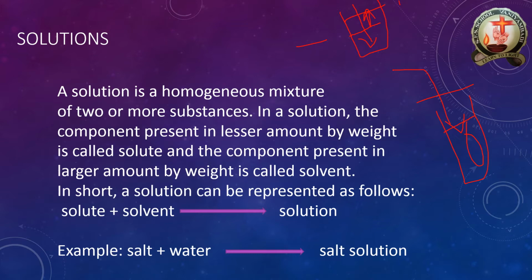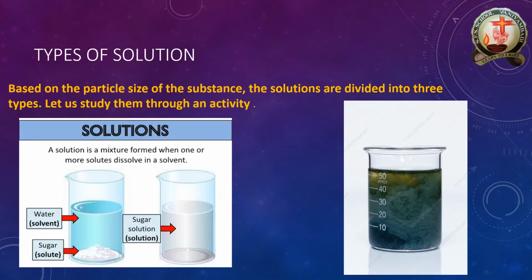Whether the salt solution is a homogeneous or heterogeneous solution, easily you can say the salt solution is a homogeneous solution. Then what types are involved in solutions? It depends upon the particle size. So I said homogeneous solution and heterogeneous solution, depending upon the particle size. Suppose we have a minimum particle size, for example sugar solution or salt solution.